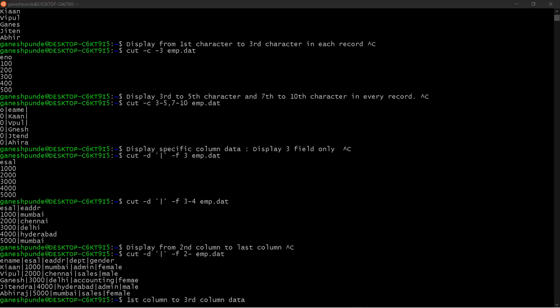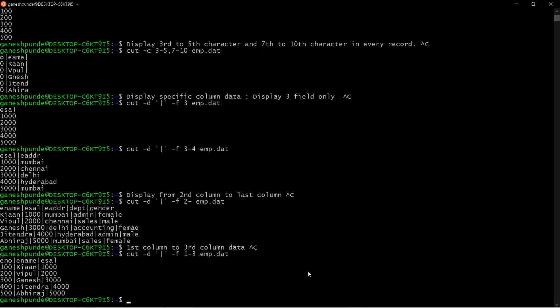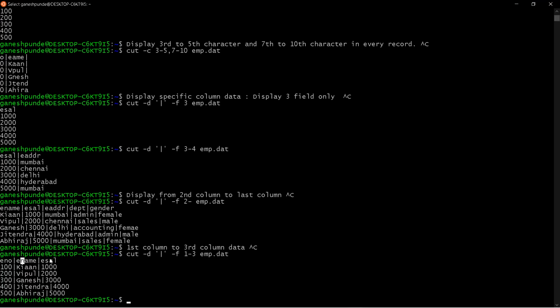In order to do this using cut, you can say cut -d, the delimiter character, and you can use the -f, and you can specify 1-3, and you can say emp.dat. So it is displaying the 3 columns, the first, second, and third, because we specified the field as 1-3.